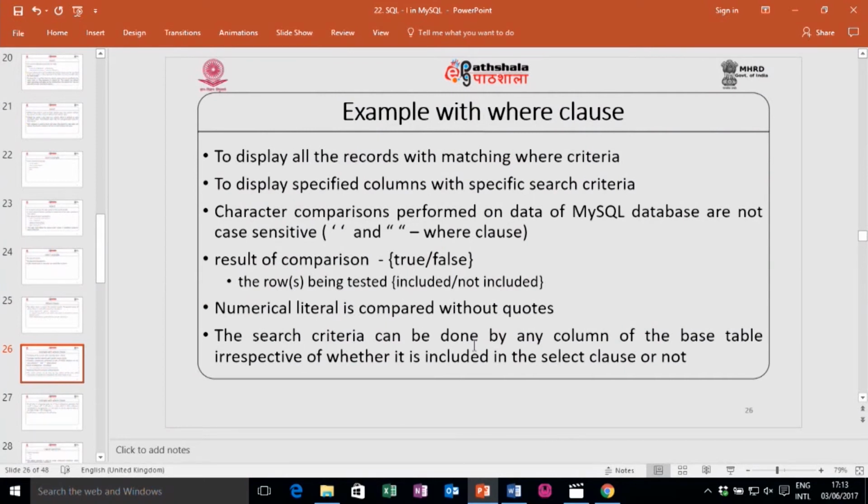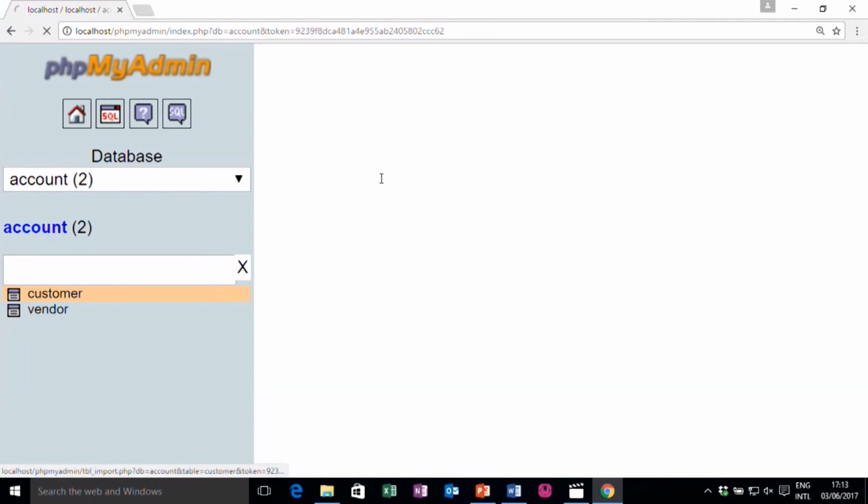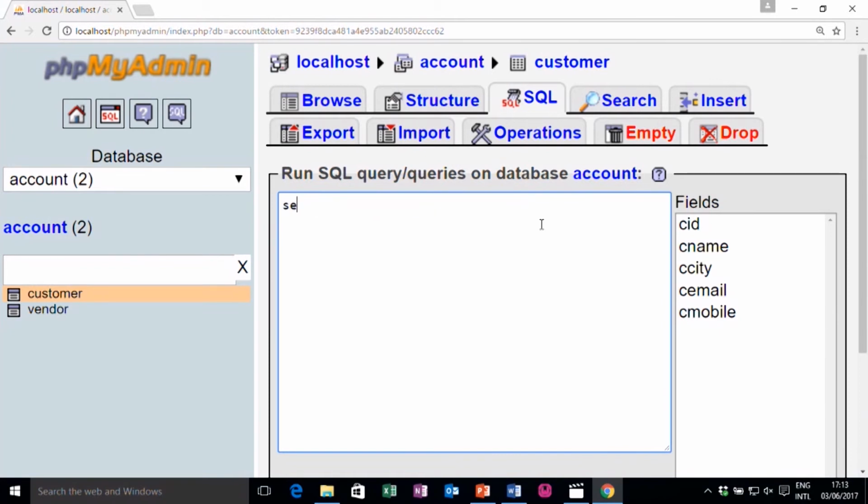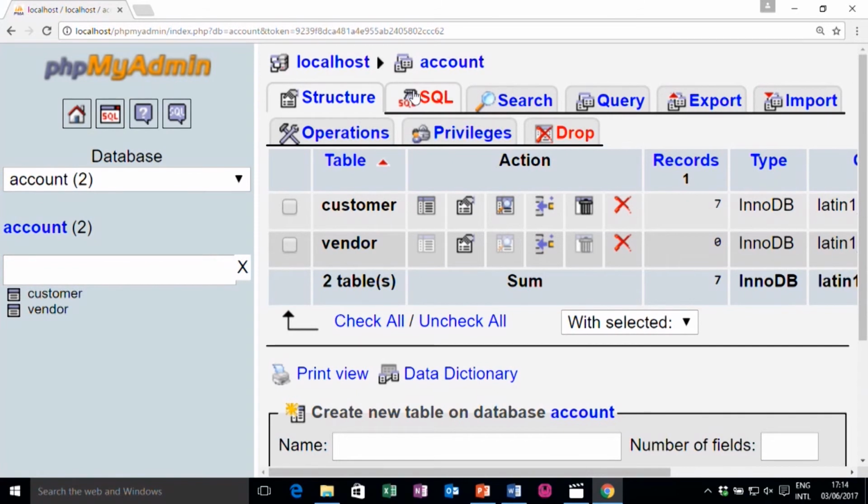Search criteria can be applied on any column of the base table, irrespective of whether it is included in the select or not. That means I can write the select query like this: SELECT CID, CNAME FROM customer WHERE customer city, C city, is equal to Rajkot.